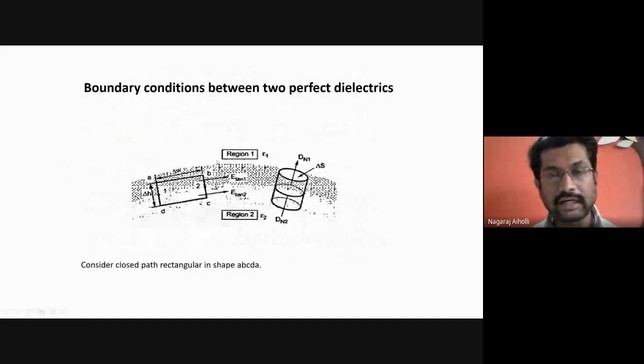Because when we want to analyze the boundary condition, the height must be made 0. The height will tend to 0. As the height of the cylinder tends to 0, the top surface almost coincides with the bottom surface, and hence we are getting the conditions near the boundary. Because of this, the closed surface integral of D bar dot dS bar for the side surface, as delta h by 2 tends to 0, will become 0, and only what will remain? The top surface and the bottom surface. Yes or no?